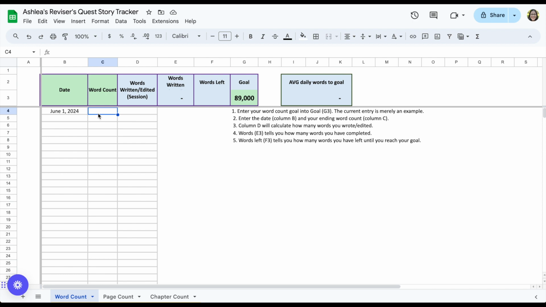the day, see how many words you have edited and/or written, if you've written any. Now, I will say I don't like doing word count for editing. I think the page or the chapter count will suit you better, but in any case, it functions a lot like how you would do for NaNoWriMo's progress tracker, which is it's the total number of words where you're at